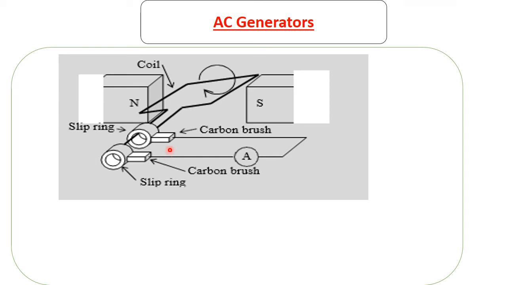So the connection between this external circuit and this coil is going to be there even if the coil is rotating. Okay, so I've talked about rotation. Where does rotation come from? So this coil has to rotate. The rotation is the one that is going to cause electricity to be induced. How? Because when this is rotating,